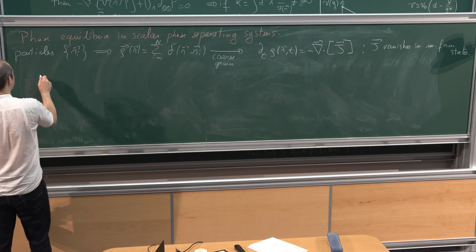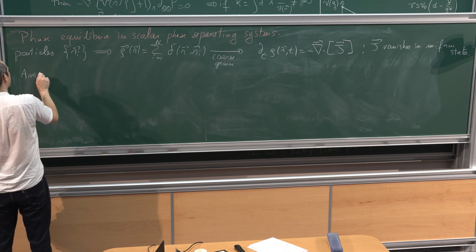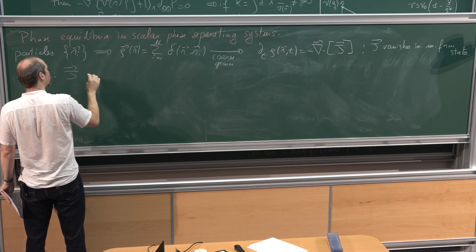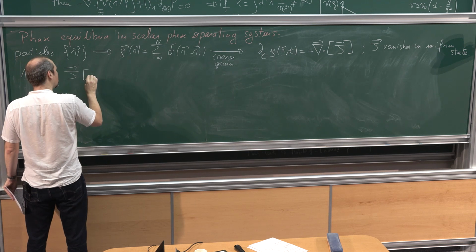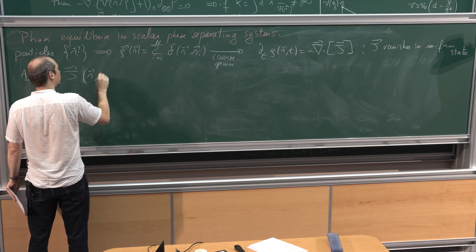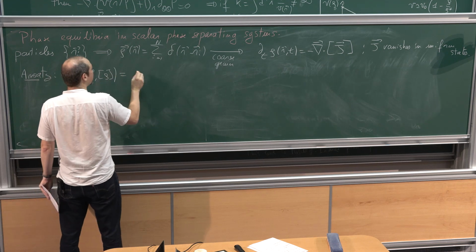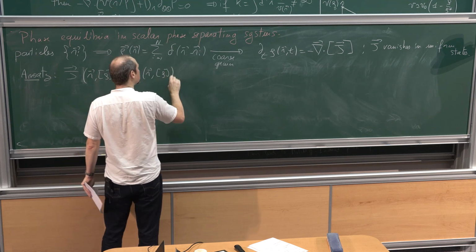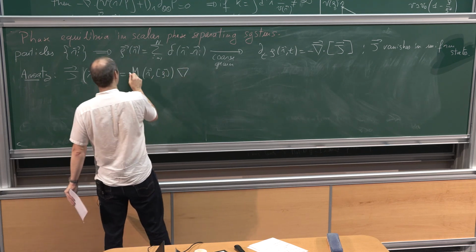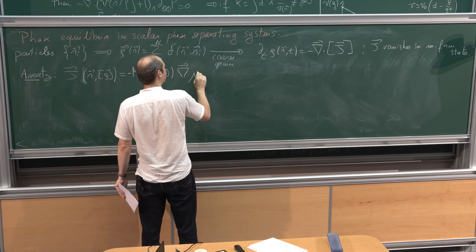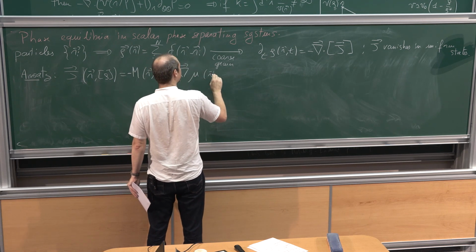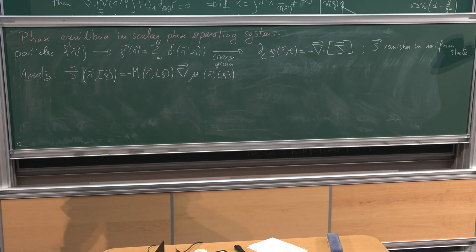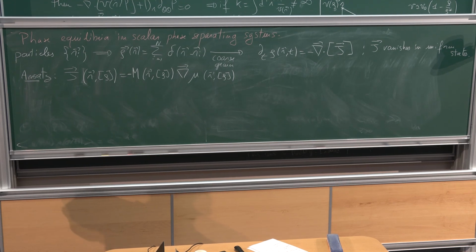So I can look at a class of systems such that J of r and rho can be written as a mobility, which can also be a function of r and rho, and then with a minus sign, the gradient of some mu that will also be a function of r and rho. At this stage, this is pretty general, but to make progress,